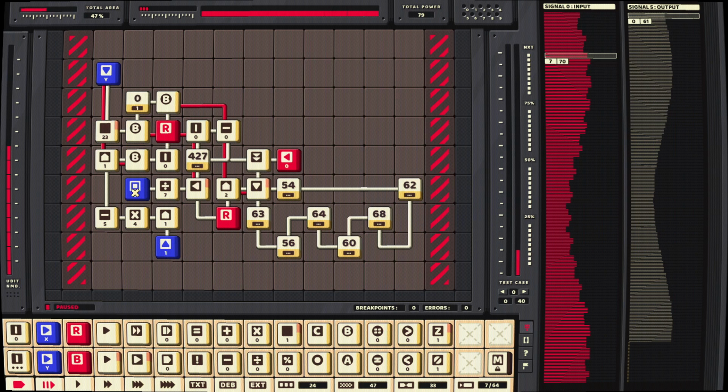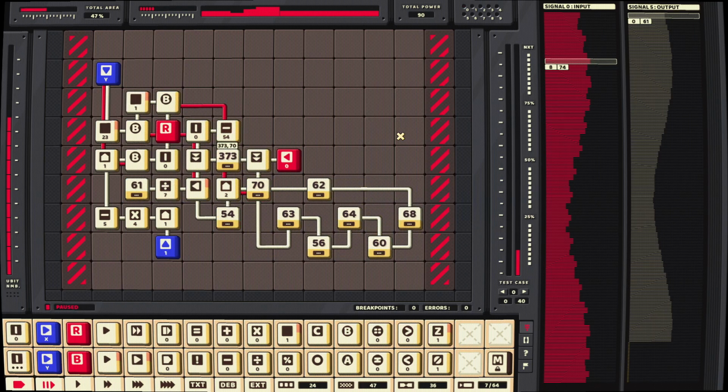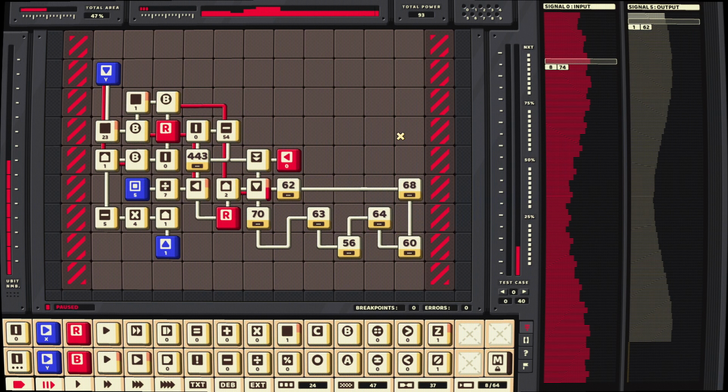We can always do some extra stuff here. How do we even round down? Wait, okay, actually, what is 443 divided by 7? Let me just do the math first. So I can quickly, 443 divided by 7 is 63.2? Wait, then why is this a 62? What? Wait, okay, we're adding,